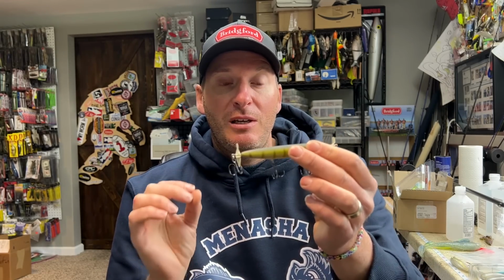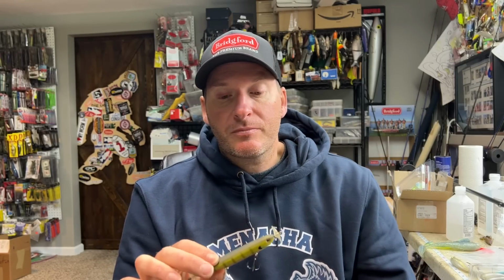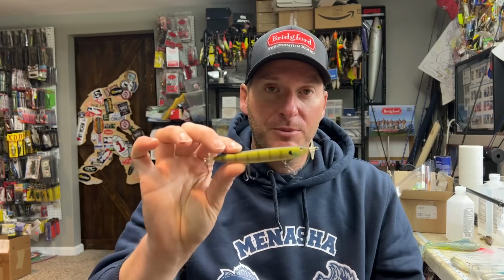But to me, a prop bait really shines in two periods. Right around the spawn, like I just mentioned. The other would be if you've got bluegill beds that are up shallow later in the summer. A lot of times putting a prop style bait right on top of the bluegill beds is a great way to generate strikes from bass that are sitting off of that bluegill bed